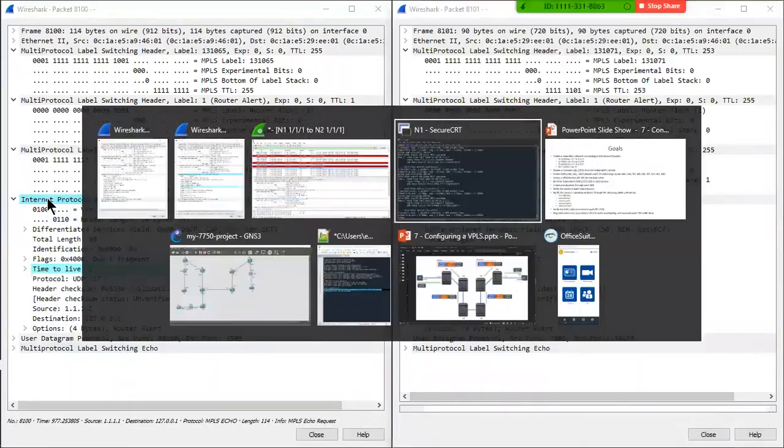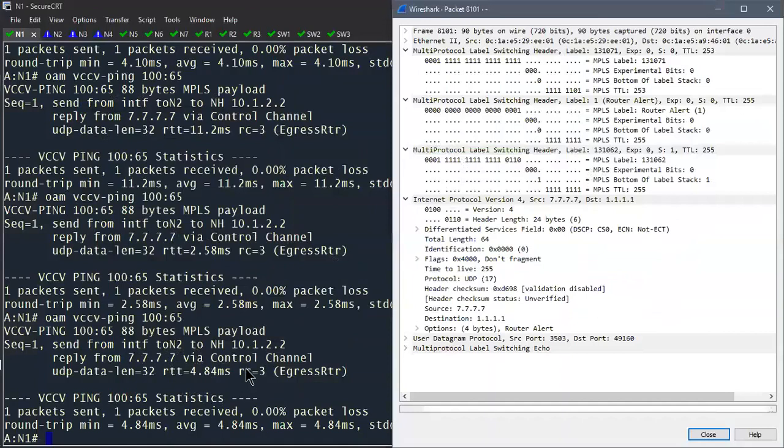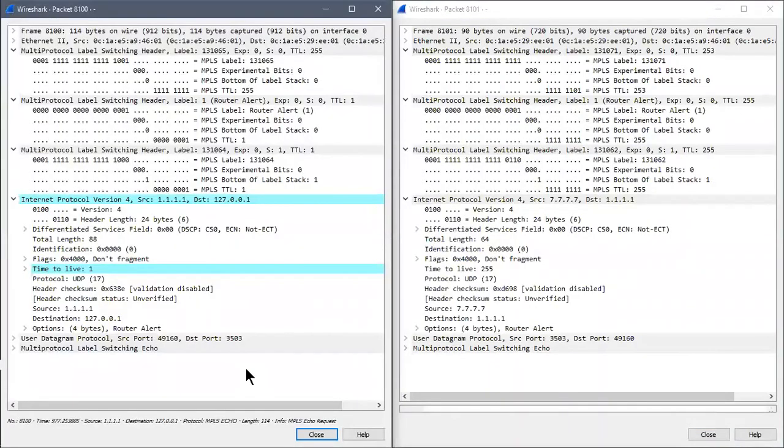So it looks like for the VCCV ping test, 5 from 7.7.7.7 via control channel. So we know that this is testing our pseudowire,